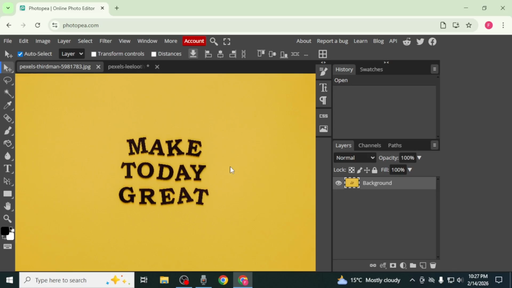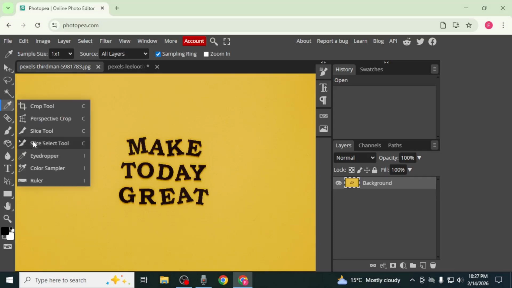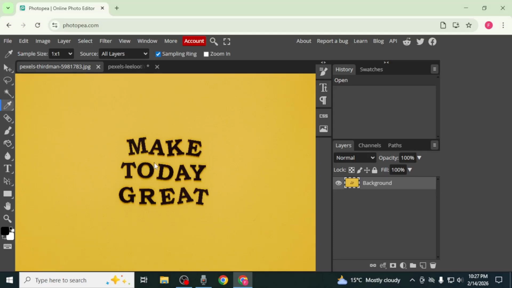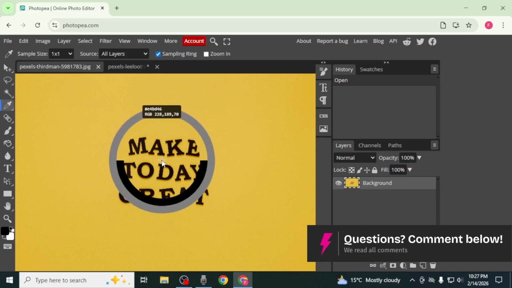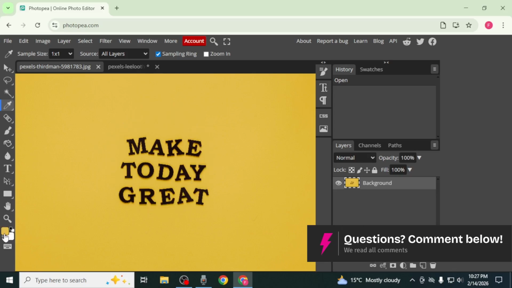To edit the text, the first step is to remove the existing text and prepare the background for new text. Begin by selecting the eyedropper tool from the left toolbar. If another tool is visible in that spot, right-click and choose the eyedropper tool. Click on the background to sample its exact color, which will now appear on the color selector on the left-hand